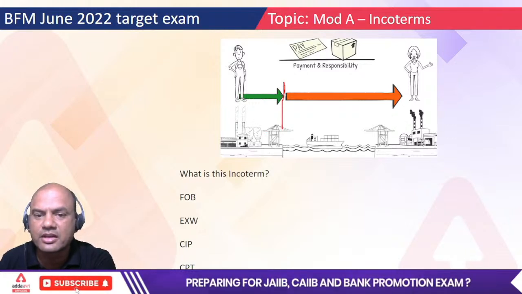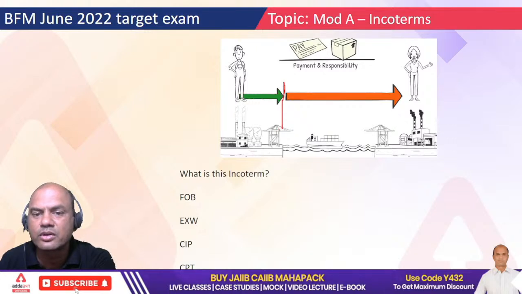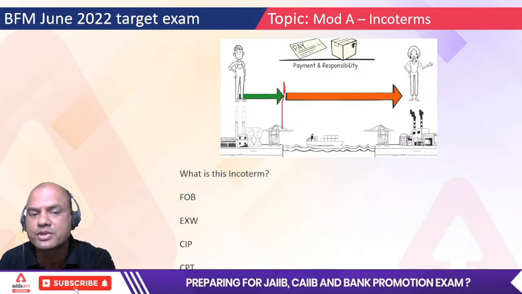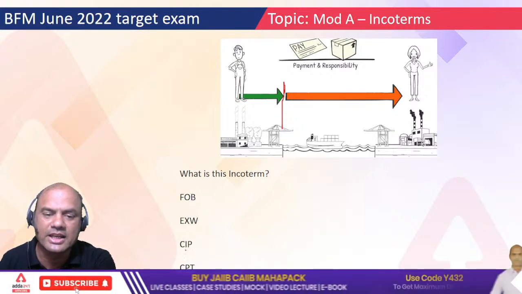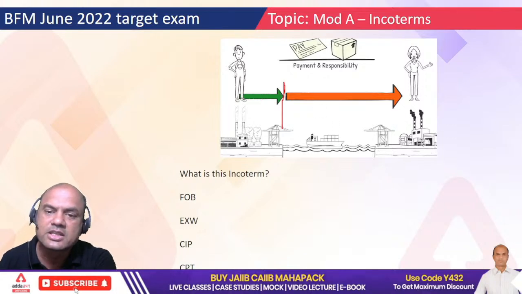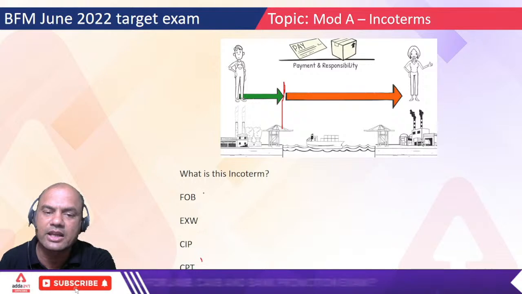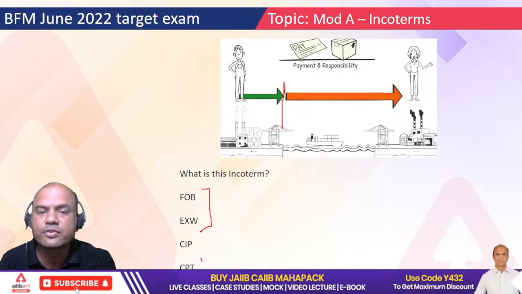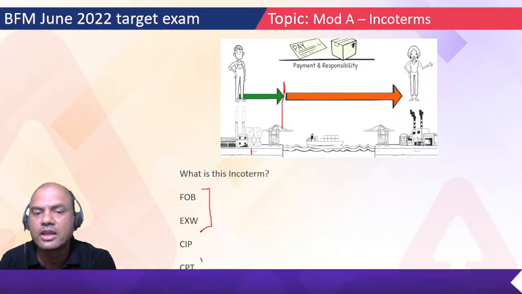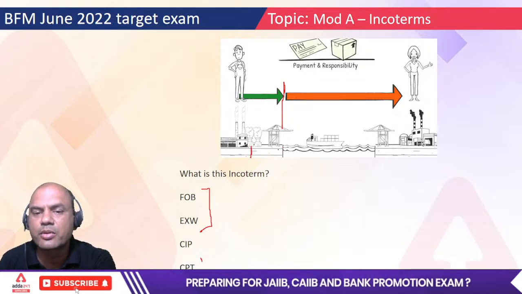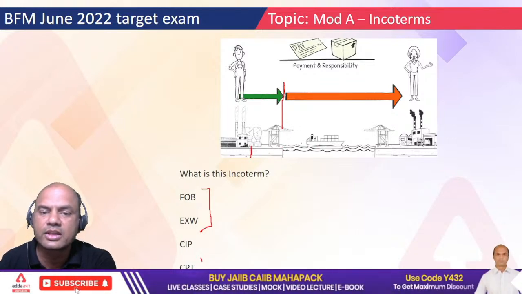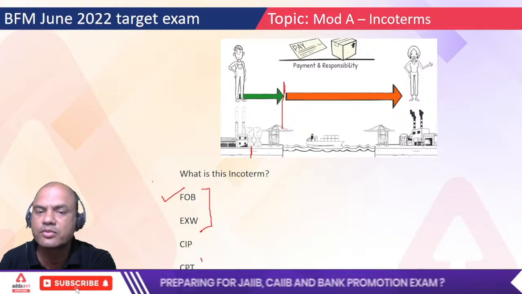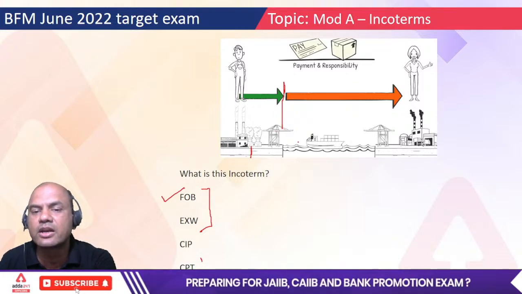This is the customs. Customs house is passed. This is the crane. So here the goods will be loaded on the ship also. So which one does it come under? FOB or Ex Works. Here definitely CIP, CPT is gone because we are dealing with ship. So C and D are gone, either A or B. Which one amongst these? Is it Ex Works or FOB? Ex Works means this is his factory, so it should come over here only. Here he has brought it up to the terminal or to the ship. So this is correct. Now everyone is typing A. Correct. A is the answer, FOB, because this crane is loading it on the ship also.